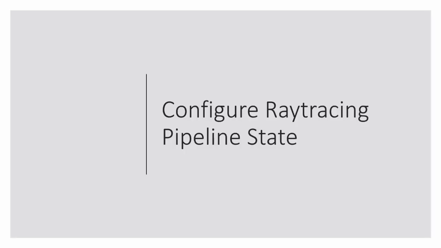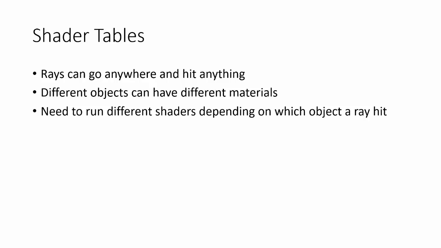So great, now we have geometry, and we're ready to configure some pipeline state. This is the second big piece of setting up ray tracing. And the concept that you need to understand here is a thing called a shader table. The reason we have shader tables for ray tracing, whereas in rasterization in DirectX we have just one pipeline state active at a time, and you change it by calling set pipeline state,